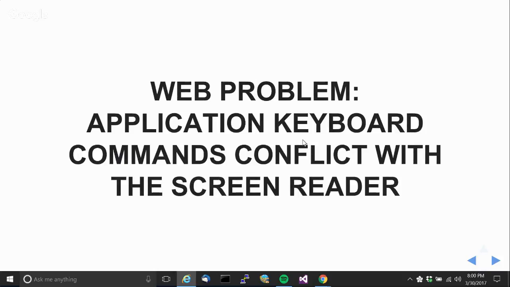Okay, so I don't have a demo for this one. I'm just going to talk about it briefly. If a web application defines its own keyboard commands, they can conflict with the keyboard commands defined by the screen reader. For instance, in a slideshow presentation, you can use the left, right, up and down arrow keys to move through the slides, but the screen reader co-opts those keyboard commands for moving our virtual cursor through the page. And you'll notice that I don't come back to this one in the practical recommendations section because there isn't really a good solution for that one yet.